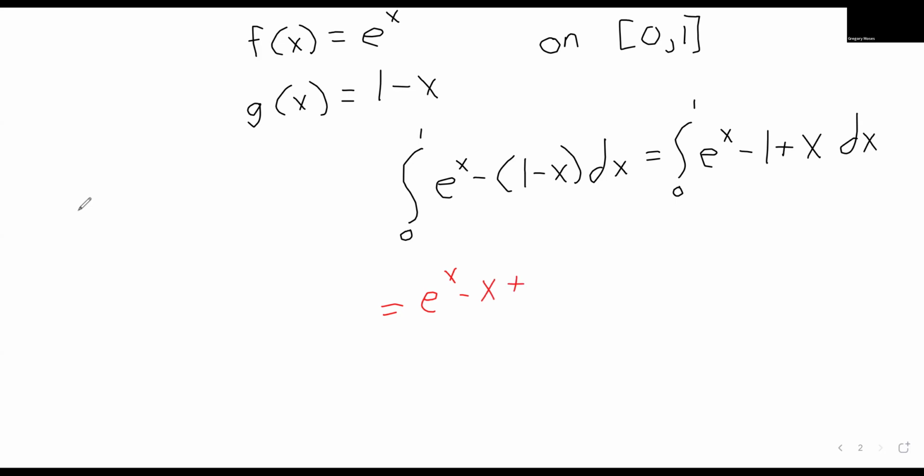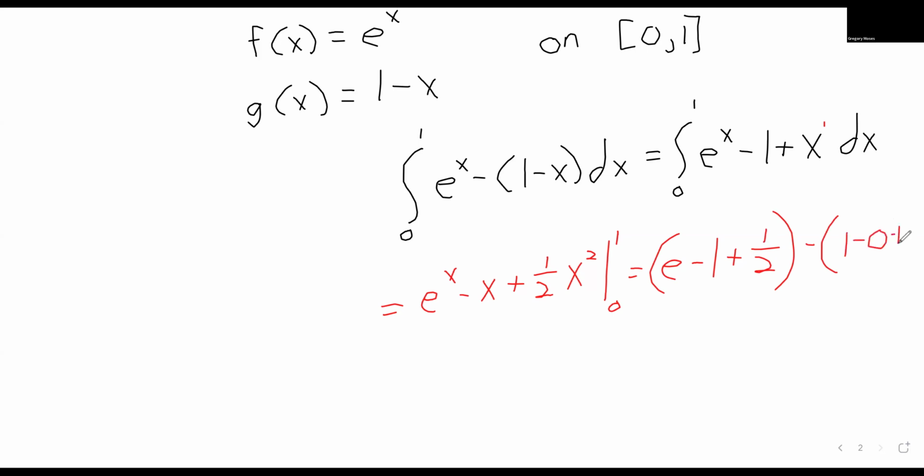And then the antiderivative of x, this is a power function. You bump the power up, and then you divide by it. And there's what we get when we plug 1 in, and when we plug 0 in,